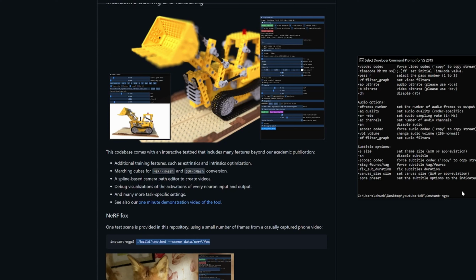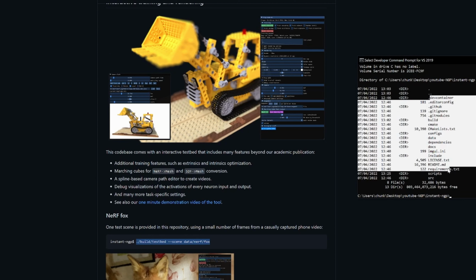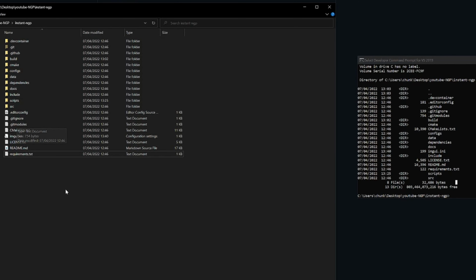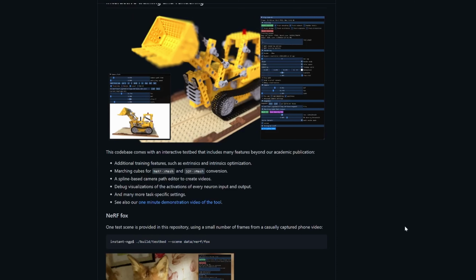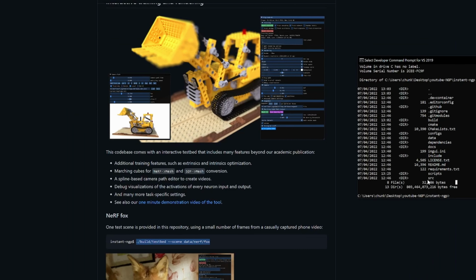So I'm in ls. If I do a directory, if you type in dir on Windows, you get a list of all the files that are in the folder that you're in at the time. So I'm in my root directory, which is where I need to be to run this command. So if I want to build the Fox, I'm here basically saying,